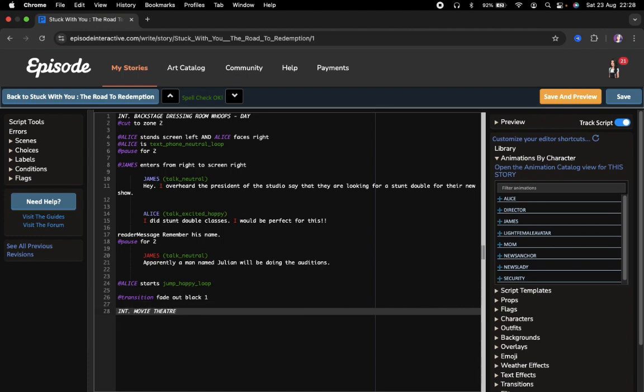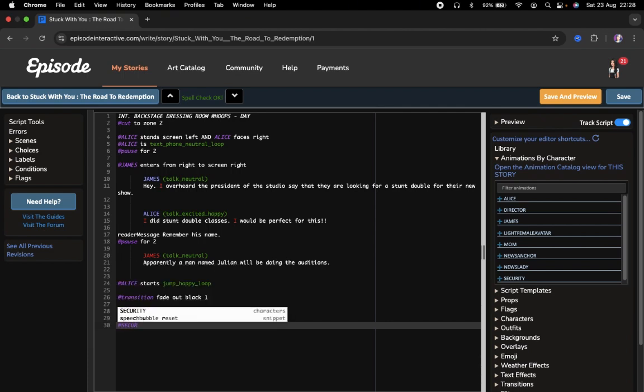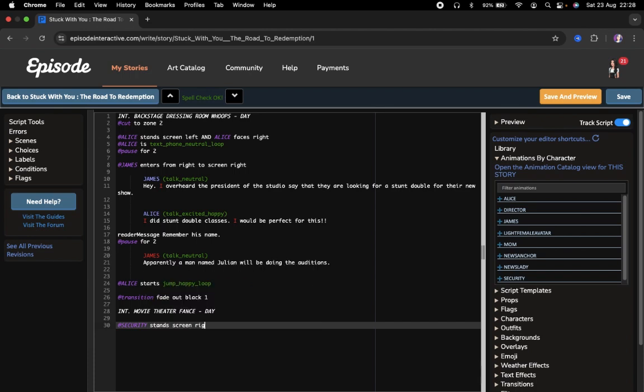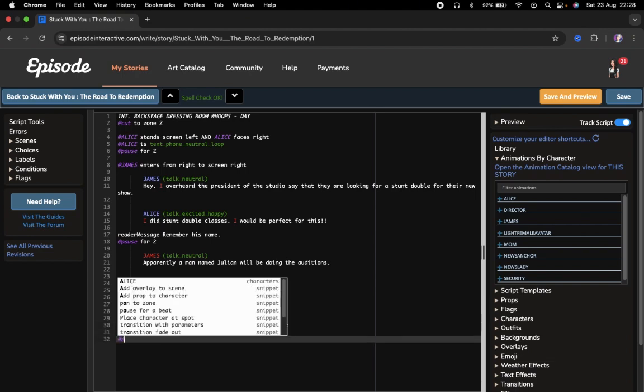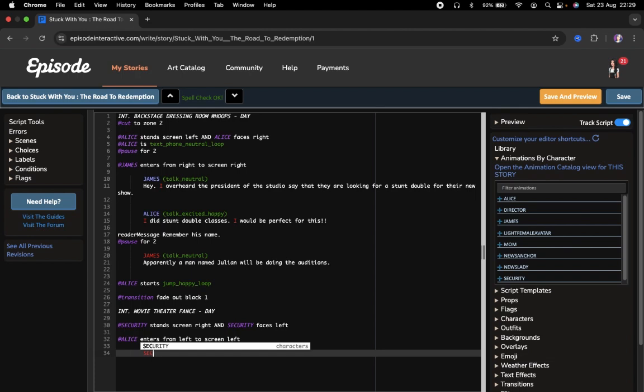theater fancy, I think it's an American spelling, fancy day background, and then I will have a character called security, which I did create, stands screen right, and security faces left. Then Alice enters from left to screen left, and I'll have security say